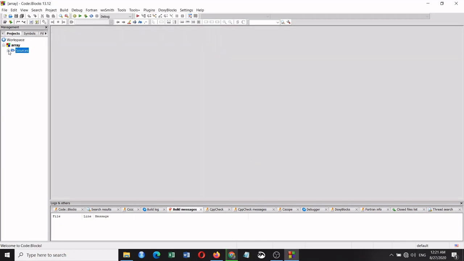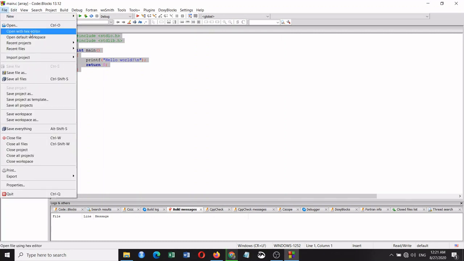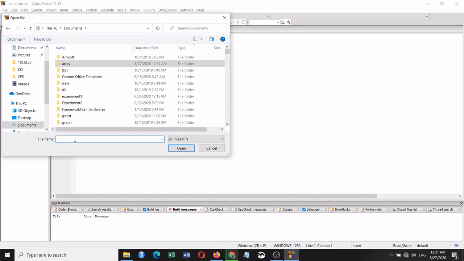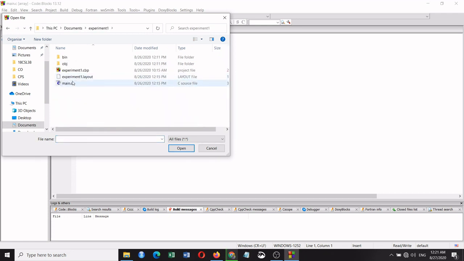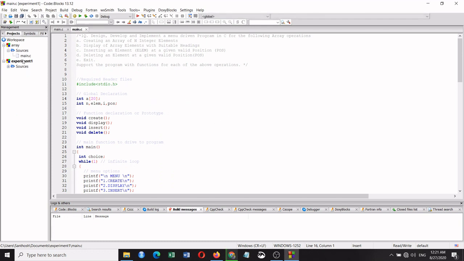Inside source you will have a main, where by default a hello world program will be there. So here remove this and start typing your program. I have already done that. I'll open the previous project which I have already done. Yeah, this is my experiment which I have explained